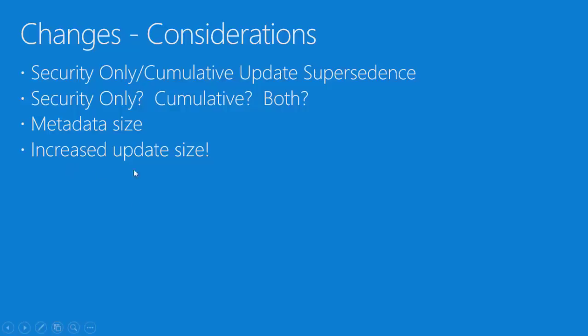And then finally, increased update size is an issue, especially trying to download to your endpoints over and over again, right? So that's where the next session will come into play, and that is specifically to talk about the express update option available in ConfigMgr, in not just ConfigMgr, in Windows Update, to help streamline some of that update deployment for the cumulative Windows 10 update. So we'll talk about that next time, and we will